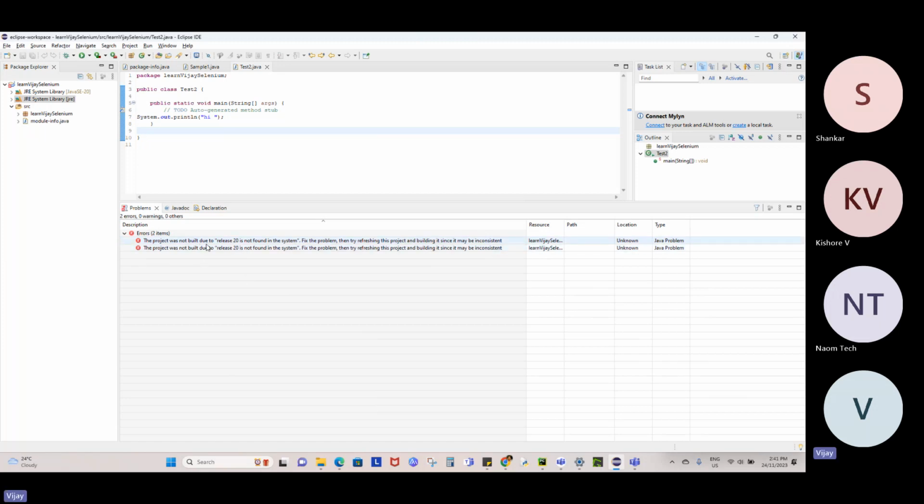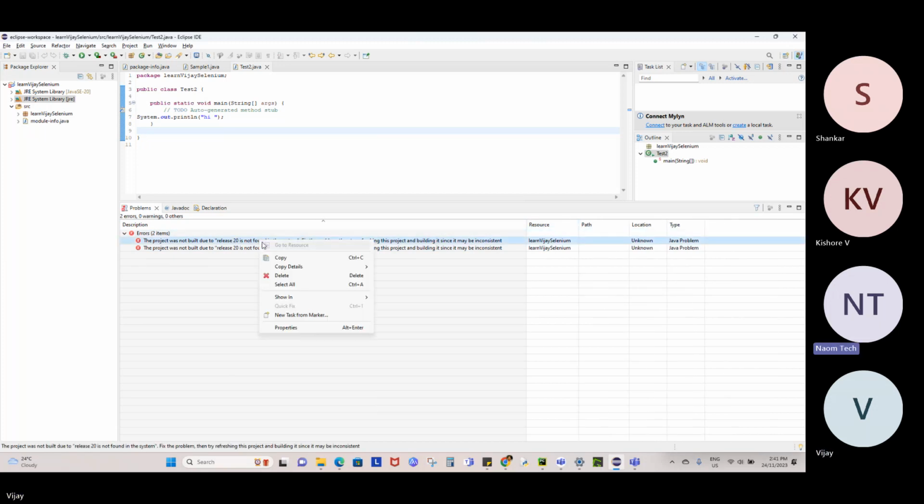The project was not built due to release 20 is not found in the system. Fix the problem, then try refreshing this project and building it since it may be just inconsistent. Take that error. You have to copy that error. If you want only the 20th version, you should copy it. Okay. And then go to Google now because